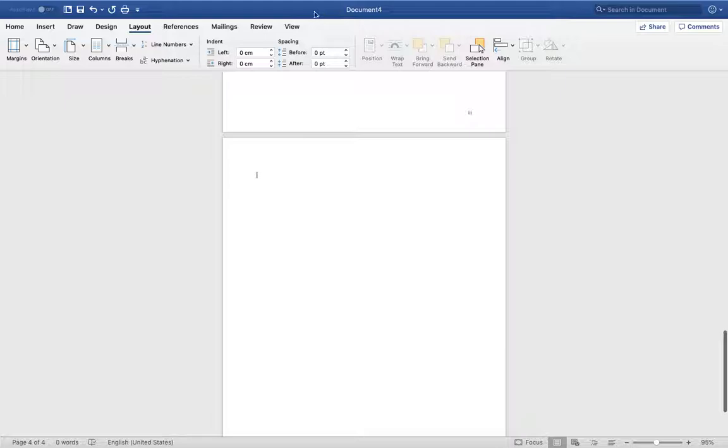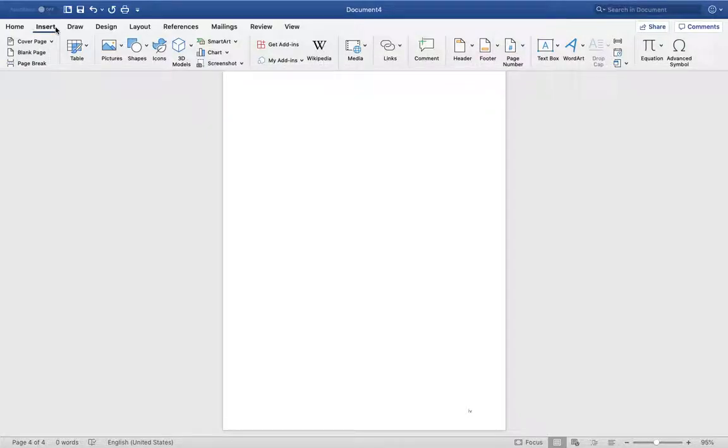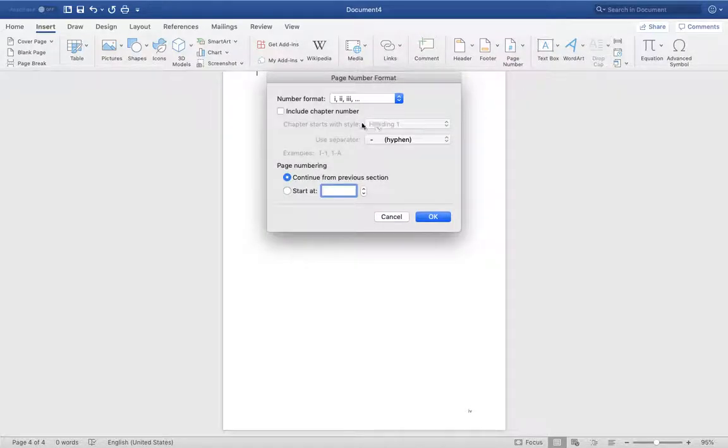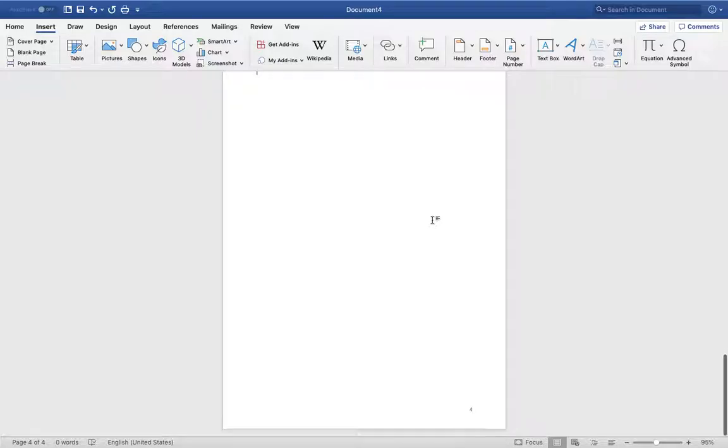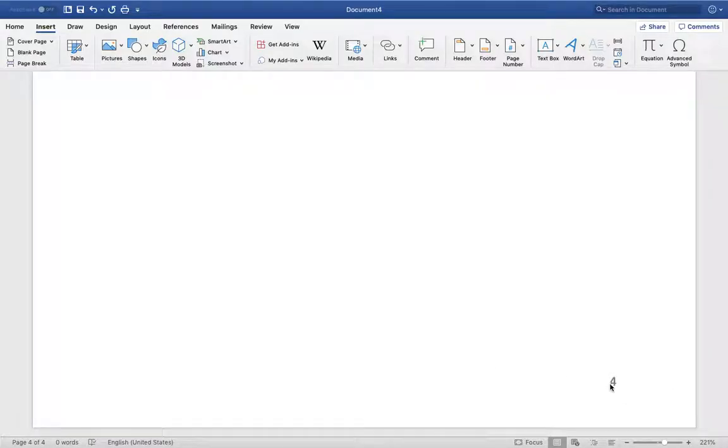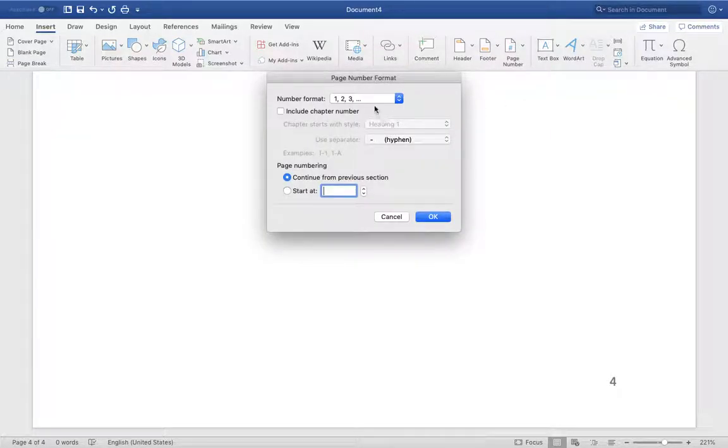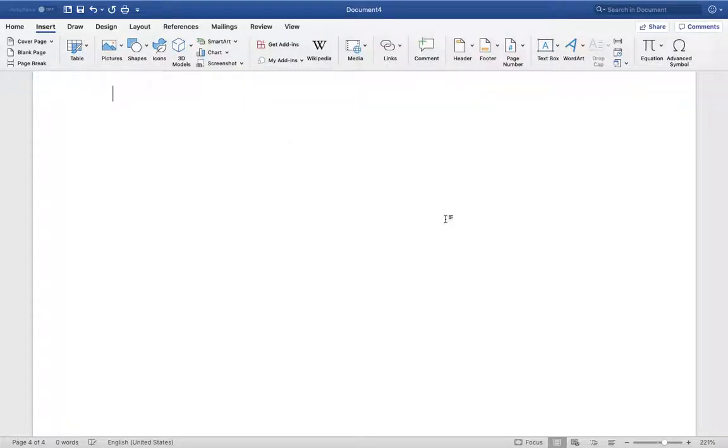Okay, now you have to select insert and page number. Now format page numbers. You have to select 1, 2, 3 like that. Okay, we got some issue here. It starts from 4. To fix that, I'm going to click page number again, format page numbers. Okay, now we have to start at 1. Alright,